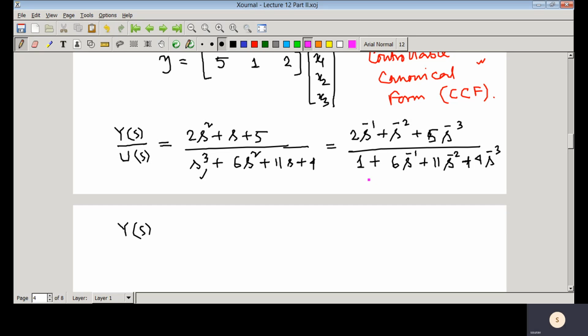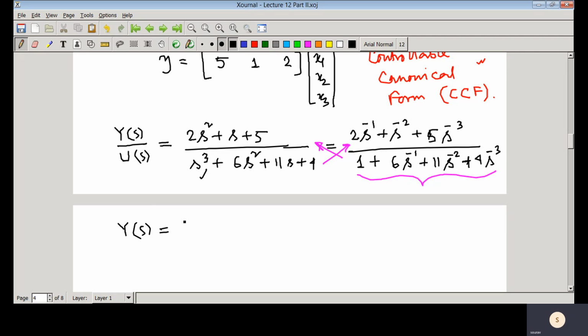We are multiplying this term with Ys because of cross multiplication, and it would be Ys plus Ys into this term. So if we take the rest of the terms on the right hand side, and cross multiply this term with Us, so we get